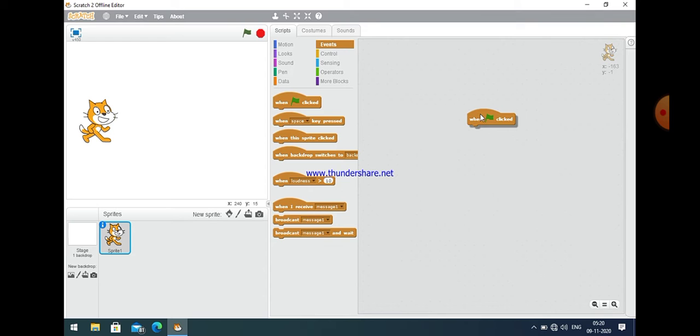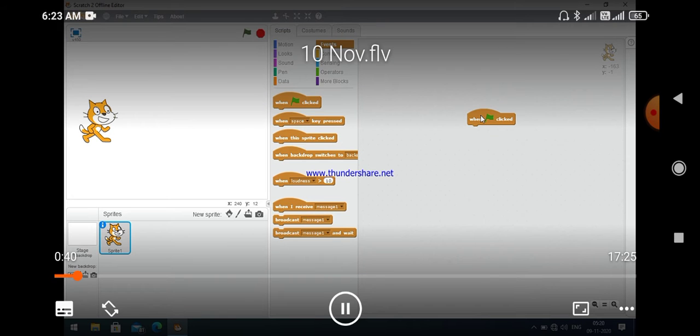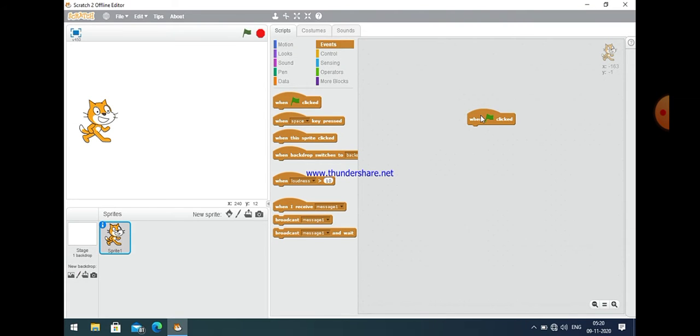first command is when flag clicked, and using this command your program begins. When you click on this flag, your program is going to be executed. So the first command which you have to use is when flag clicked. Most of the time we use this command to execute a program. You can take any other, but this is very common. Okay, now just after that,